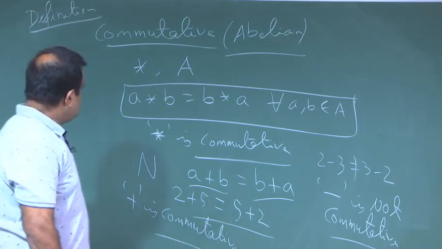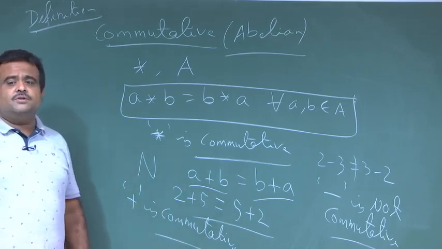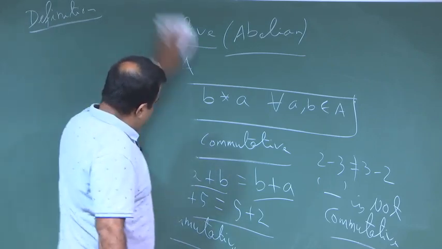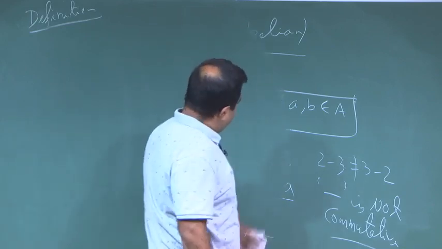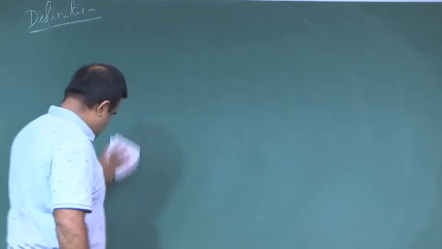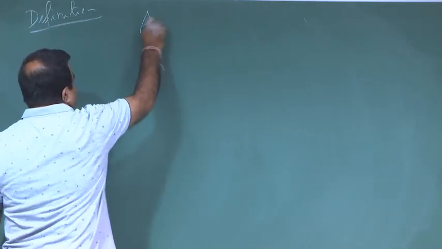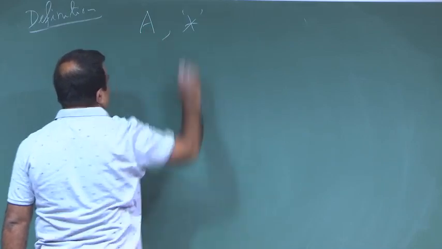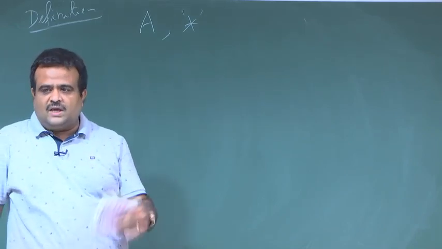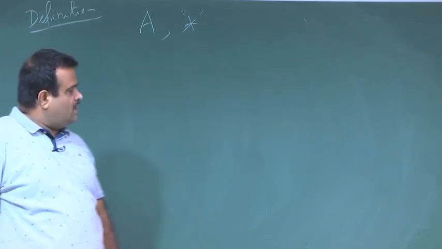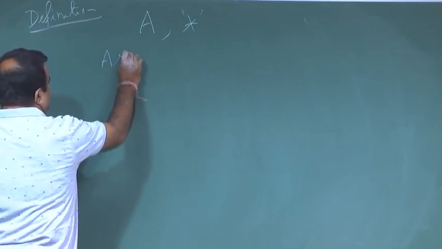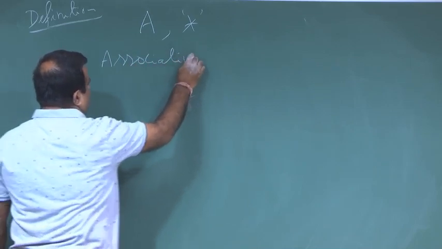Now we define associativity, when we call an operator as having the associativity property. Let us define that. Again suppose you have a set A and an operator on this set. This is basically a function from A cross A, maybe to A. If it is to A, then it is the closure property. Now we call this associativity